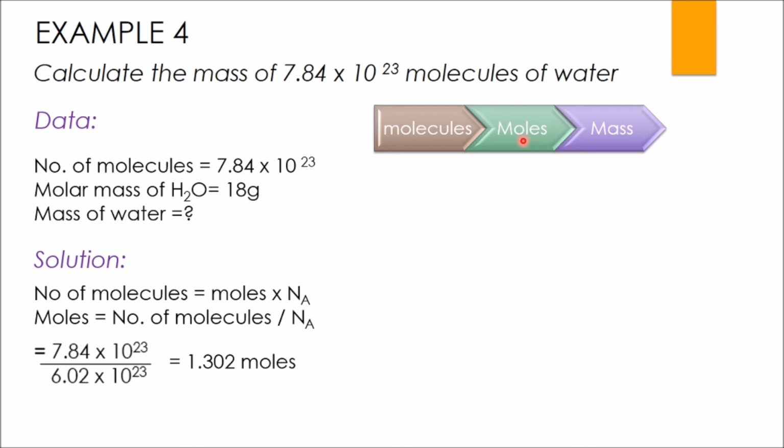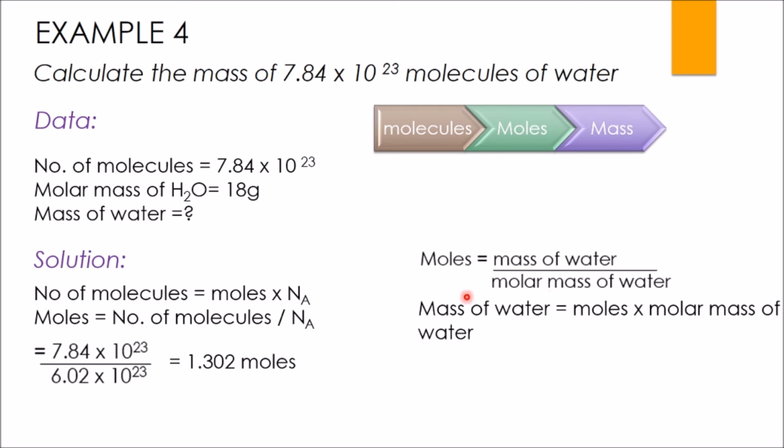Now we are going to convert this number of moles into mass. So let's see. We know that the formula of moles is mass divided by molar mass. Okay. Now for mass of the water, we are going to rearrange this formula again. इस mass को find out करना हमें because we have to find out mass. Mass of water will remain here. This molar mass is dividing. It will go on the opposite side and multiply with moles. The formula will be moles multiplied by molar mass.